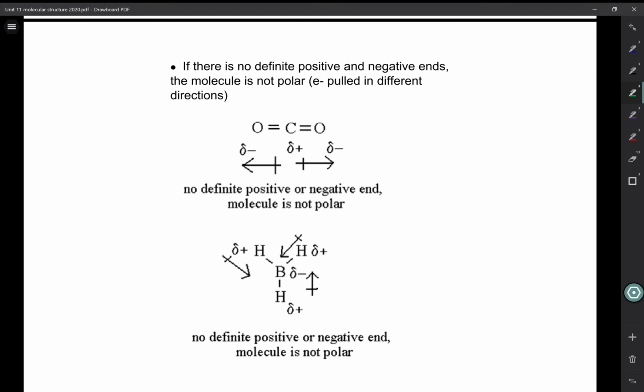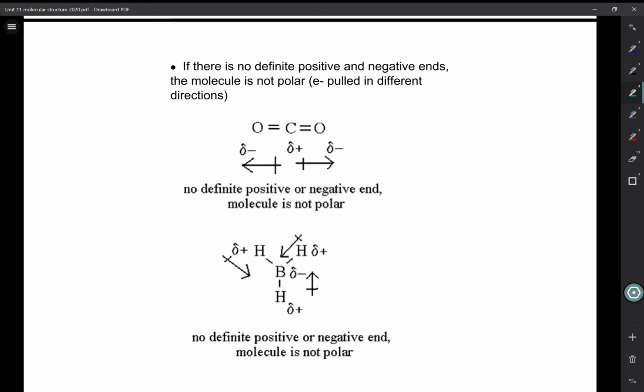Alright, so you know how to figure out the polarity of specific bonds between two atoms. Now we're going to figure out the polarity of an entire molecule. As you know, a molecule is just a combination of bonds. So to figure out if a molecule is polar in itself, or if the whole molecule is polar, what we